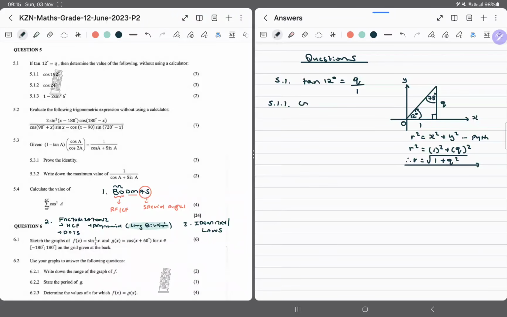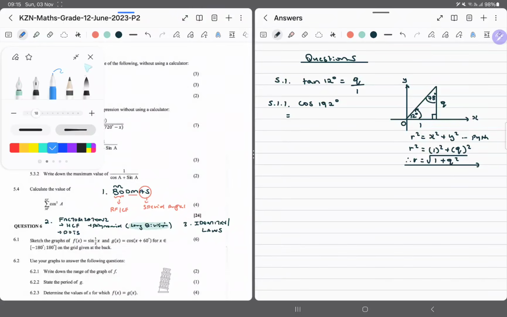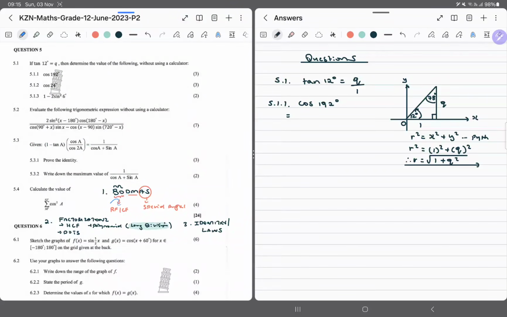5.1.1. We have got cos of 192 degrees. Okay, what is that? It's a big angle. So reduction formulae. Can you see our three-step approach here becomes our friend? So we start here. We first show how this angle got constructed. It's 180 degrees plus 12 degrees. Then we reduce. Cos in the third quadrant is negative, so this becomes minus cos of 12 degrees,